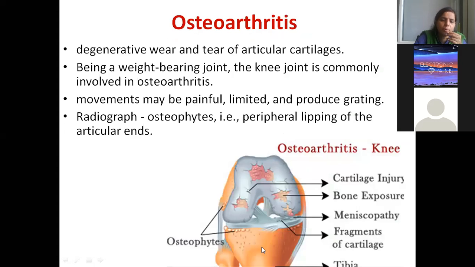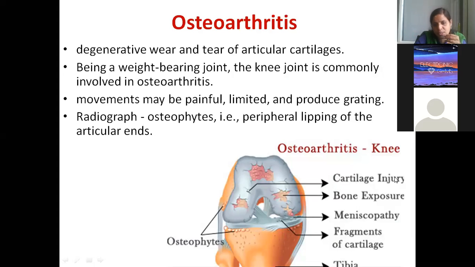Osteoarthritis is actually very important. See, this is the articular cartilage lining the lower end of the femur. This is the fibrocartilage lining the upper end of the tibia. Suppose it gets degenerated, the meniscofemoral compartment length is reduced, and the meniscotibial compartment length also will be reduced. So the space between the joint is reduced because of degeneration of articular cartilage. The nerves supplying this cartilage come directly and rub over the bones, because of which there will be severe pain along the distribution.